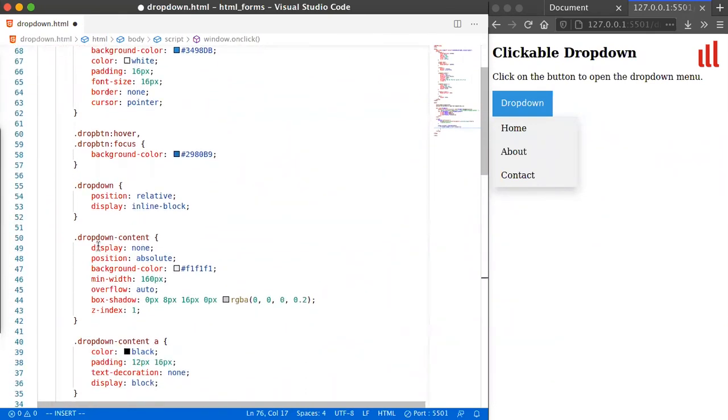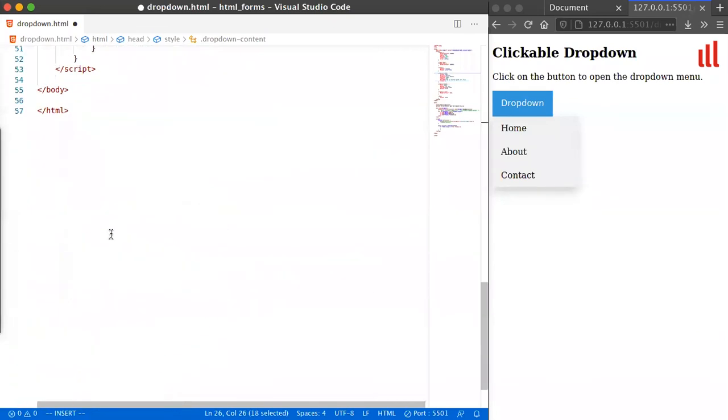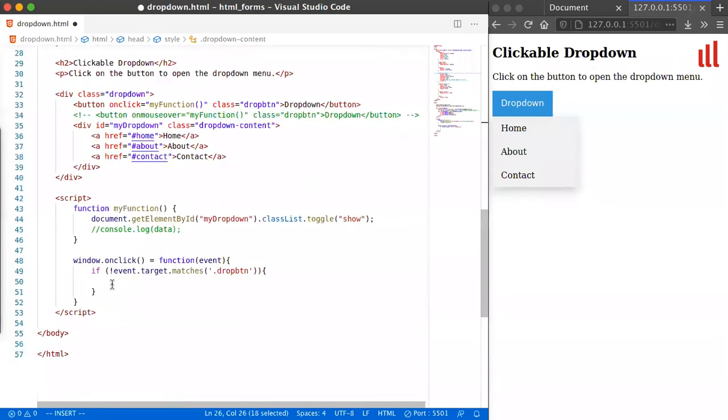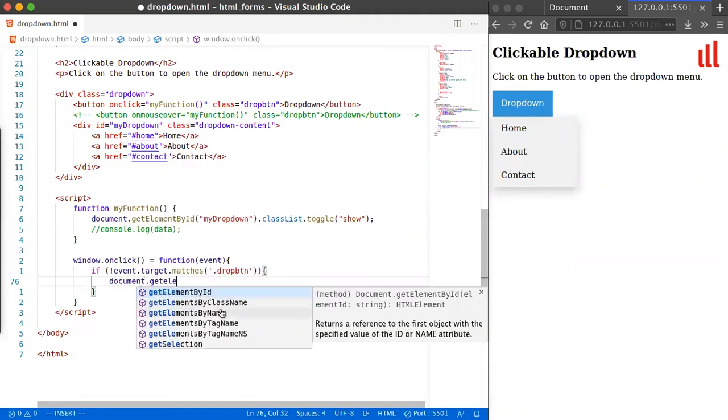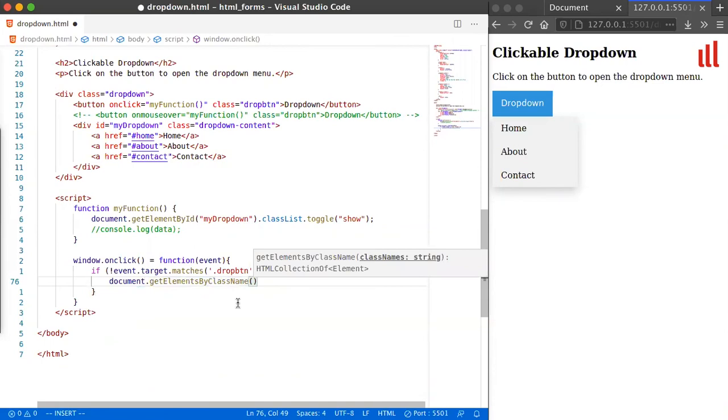So I have to fetch this particular content. Once I am able to fetch this content, I have to manipulate the items of this class. If you want to fetch this particular content, you can simply use this method, document.getElementsByClassName. What are you trying to fetch? I want to fetch the dropdown content. That's the class I want to fetch from there,